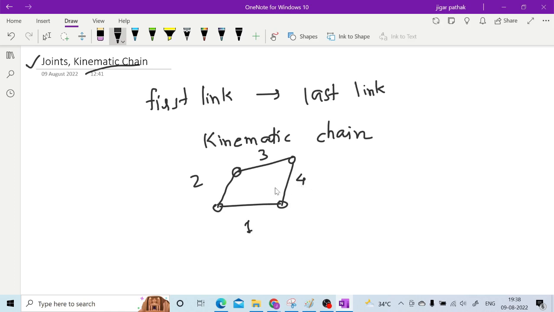Now once I fix any of the links, then I can have input and output, right? Once I fix any of the links, I can achieve a mechanism from the kinematic chain. So whenever any link of the kinematic chain is fixed, you can have a mechanism in which you can have an input, and based on your input you can have a definite output,